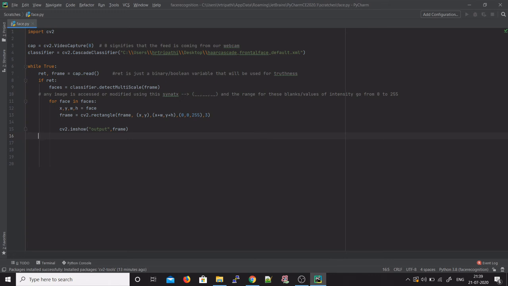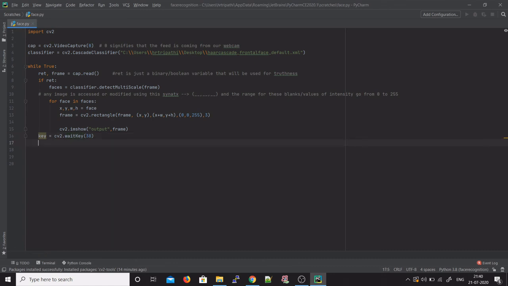There is a function in cv2 called cv2.waitKey, and I will be adding a delay of say 30 time units. After every 30 time units, the frame will get refreshed, and this program will know where the new coordinates of my face are, and I'll be assigning that to key.